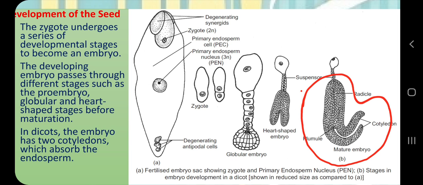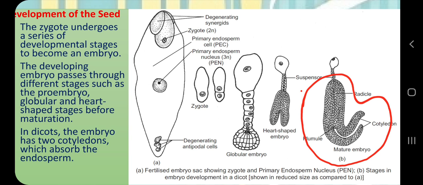Why? Because we all know that seeds are going to grow after seed dispersal. So why are fruits sweet, why are fruits attractive? Because we humans and other insects and animals will grab those fruits, eat those fruits, and they will spread the seeds across the globe, and this process is called seed dispersal, and after that seeds will germinate. As we all know, plants are autotrophs, they make their own food by the process of photosynthesis, and we humans and other animals are heterotrophs. We are not able to make our own food by photosynthesis, so we acquire our food from other plants and animals, either by herbivory or carnivory.